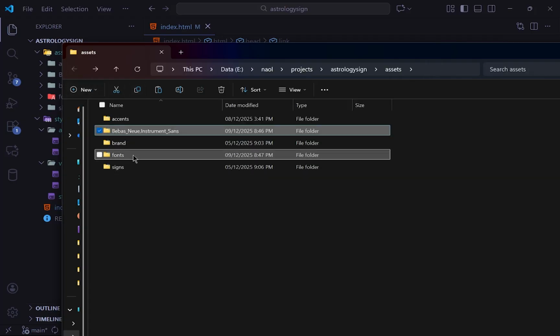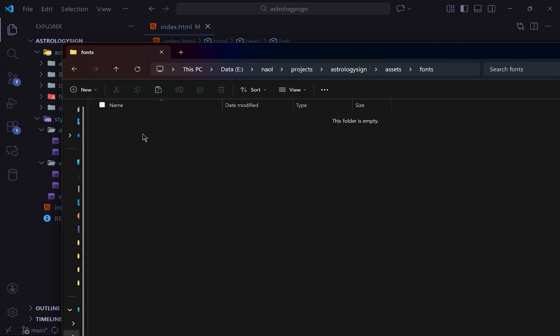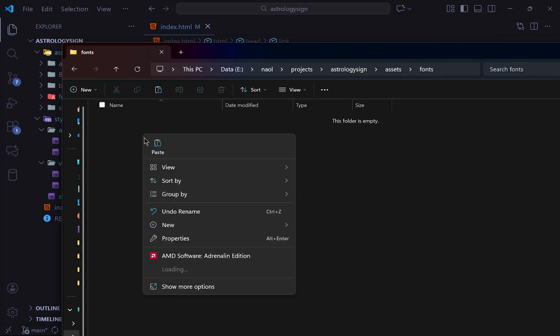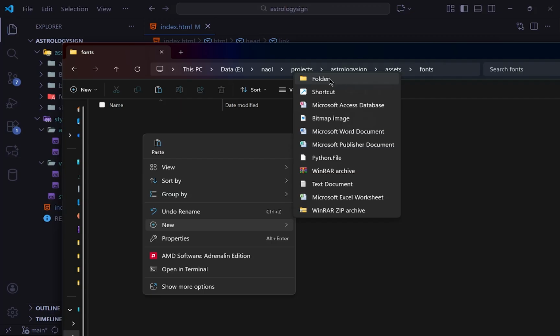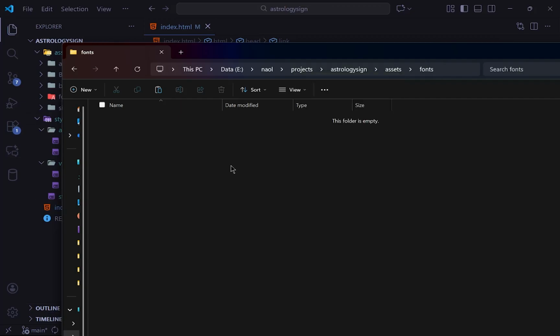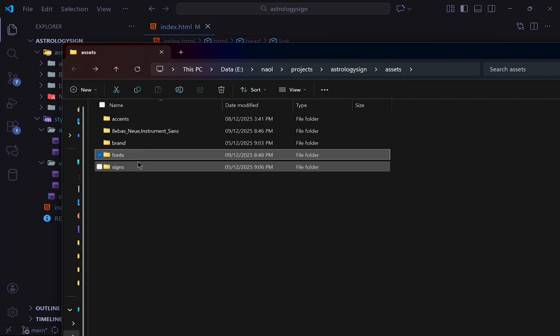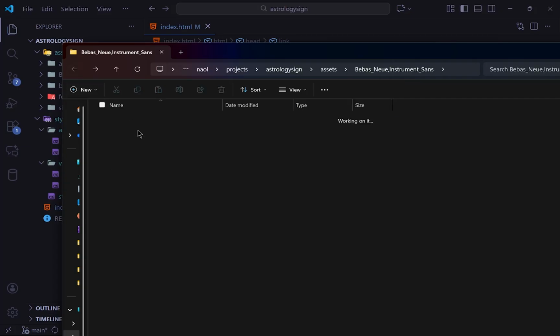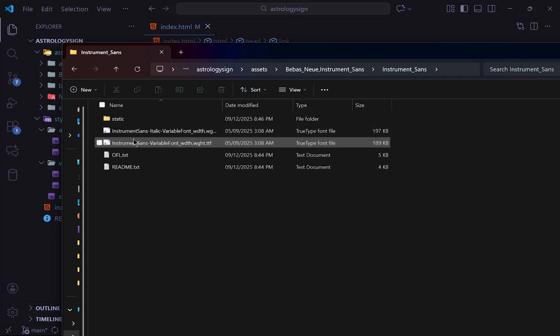And inside of the fonts, I'm just gonna go right click and create a new folder here. Actually, we can just paste it here, I think. Let's just paste it here. Bebas Neue. Okay, great. So now we can go out and get back here, and under Instrument Serif, we can